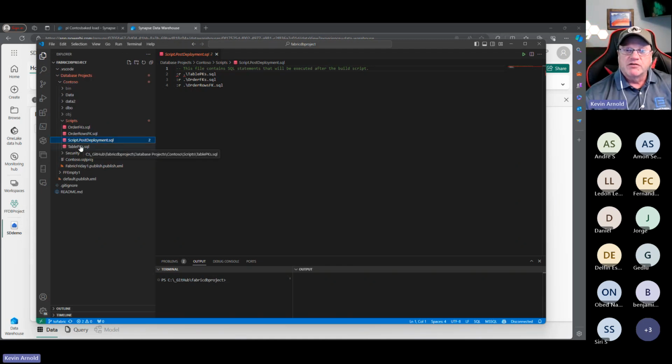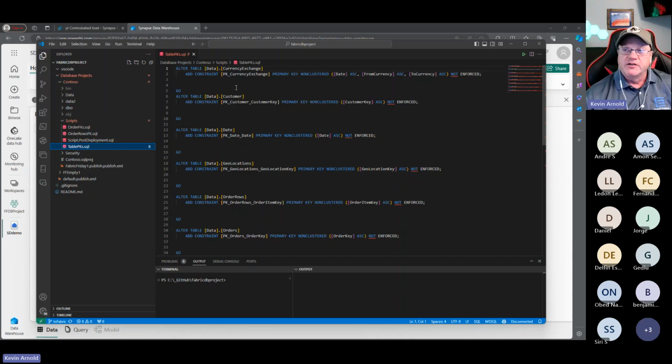In those 3 files I have the correct syntax to alter the table to add the constraint and give it a constraint name. This is a primary key. It has to be non-clustered within Fabric, whereas the default on most SQL databases is clustered, and we have to tell it to not enforce it, right?